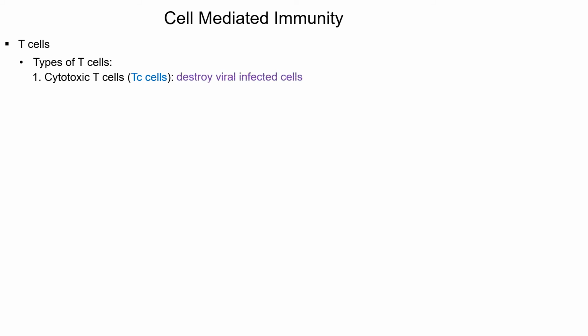Cytotoxic T cells only work on viral infected cells. And when we say work on, they destroy that cell. Now that's a big problem because now we're seeing our immune system attacking us. Now that should scare you a little bit because folks, we don't want to destroy healthy cells. But the problem is this cell is infected by a virus. As we learned in chapter 13 with the lytic cycle, once that virus is inside the cell, the outcome is going to be death to that cell. So at this point, that cell is dead already. Destroying it is not going to be a negative.